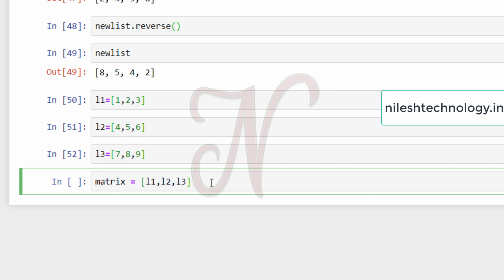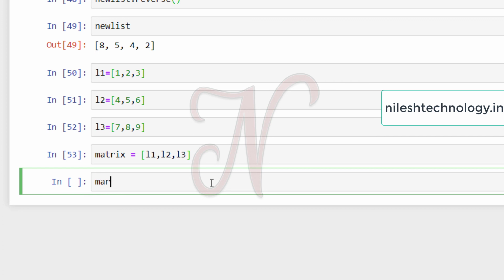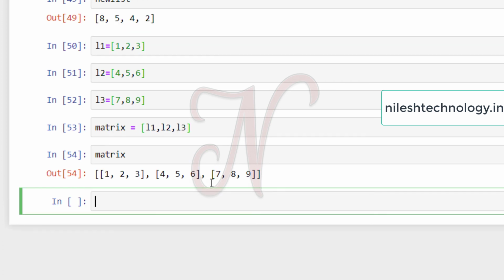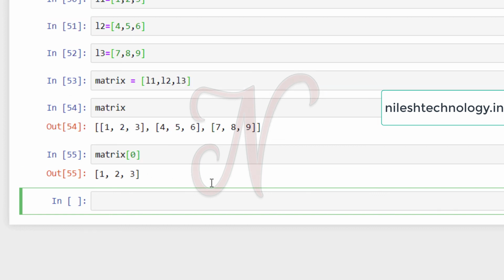See here, I can run this, and if you print this matrix variable, my answer is 1, 2, 3, 4, 5, 6, 7, 8, 9. These three lists are enclosed in another list, so it is called a nested list. If you try to print matrix of 0, the 0th index of the list, it gives 1, 2, 3.